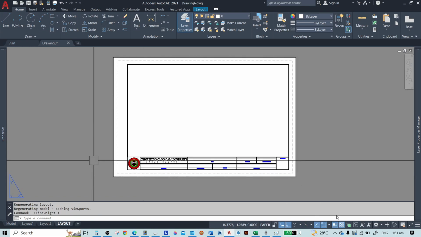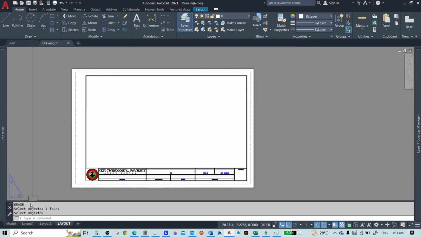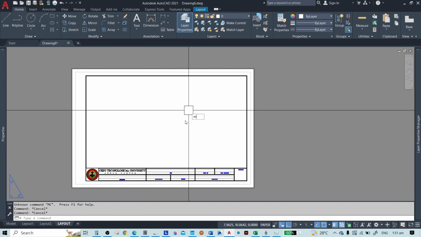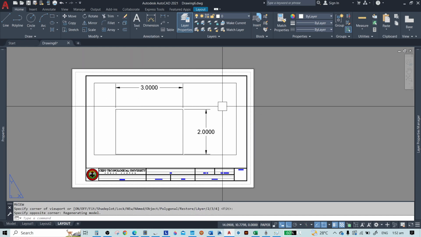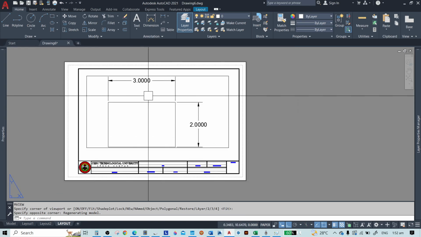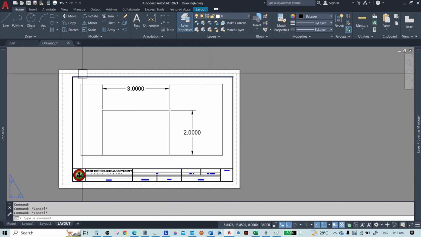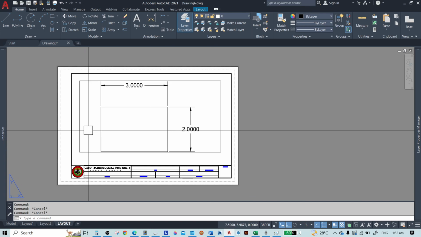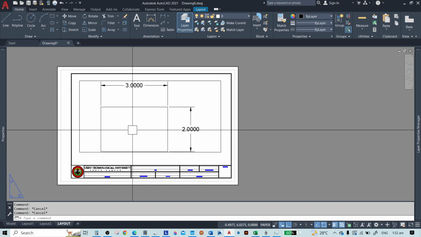You can turn it on or off, it's up to you. Then I'll just delete the viewport. Now I will make a new viewport here. Okay, so as you can see, it directly fit to the viewport. Now I believe you already know what's the purpose of this viewport, so I will not discuss it anymore. So now we do the scaling.